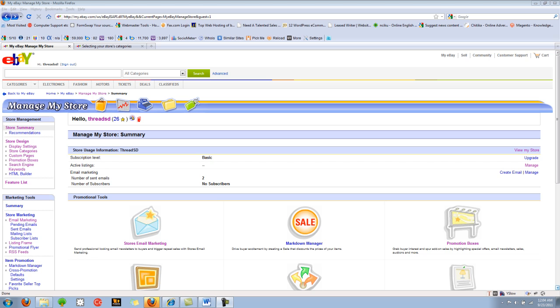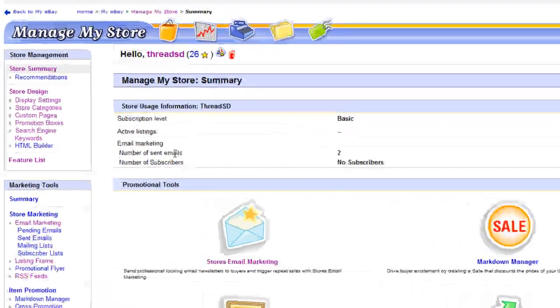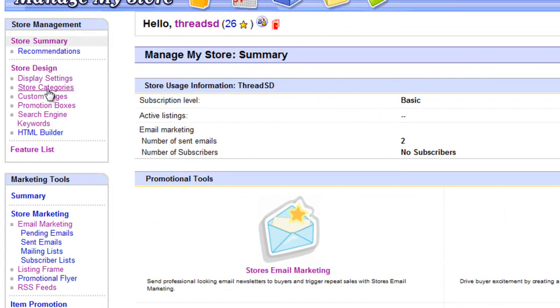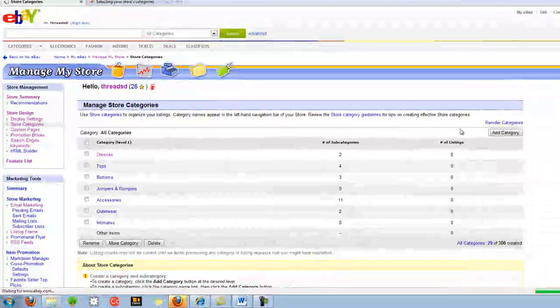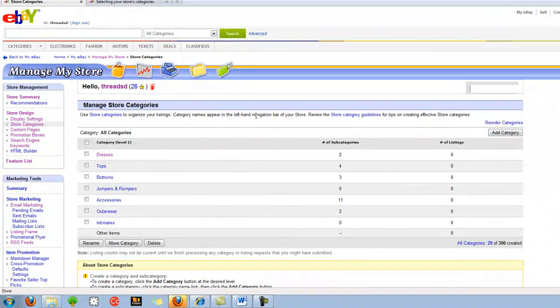So the first thing you want to make sure you have is some categories in your store. If you don't already, go to store categories over here, click on that, and then add a category. We already have the categories that we need for this store, so we don't actually need to do that. So I'm going to go back,